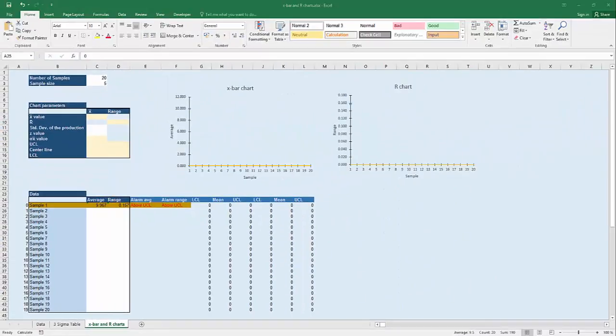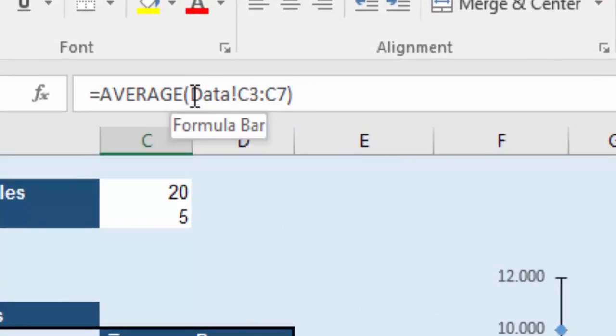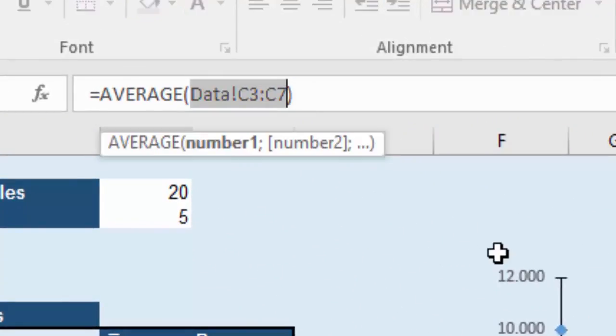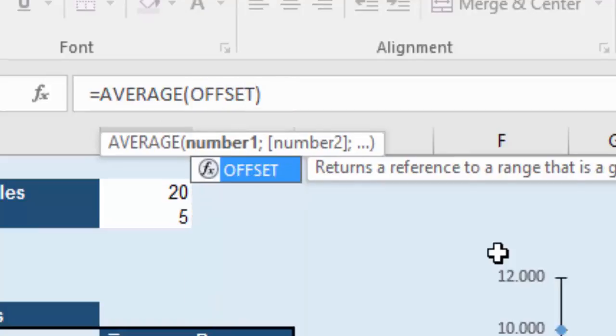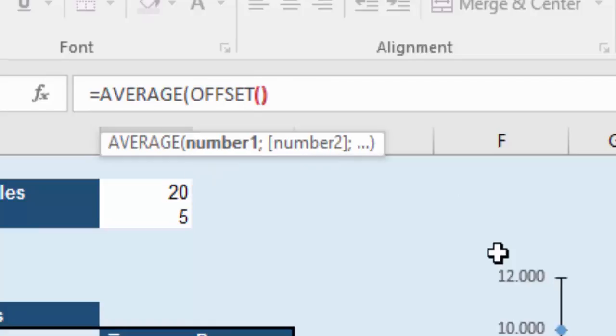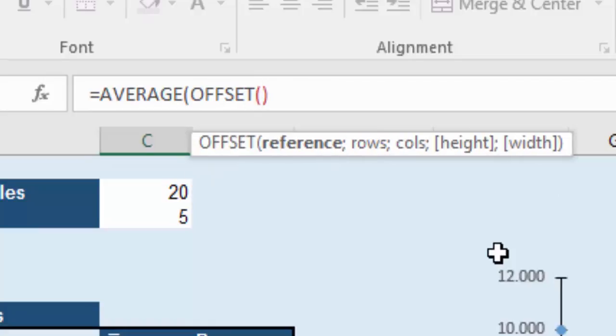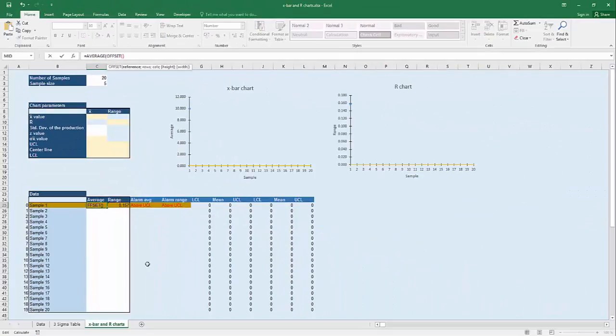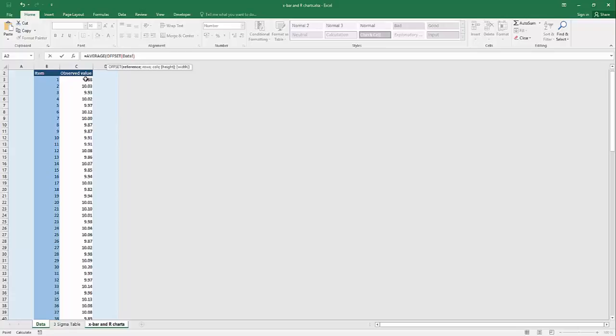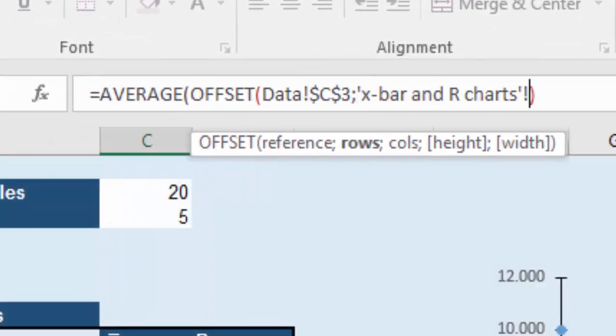column A. We need to rewrite the average and range functions, so just go to the cell that contains your average function and substitute the range, explicitly defined, by the offset function. In the offset function, the first thing we have to define is the reference, and our reference in this case is the first cell where the data is, that is the data C3 cell. That's all. We'll switch it to an absolute reference by pressing F4, and now we have to define the rows